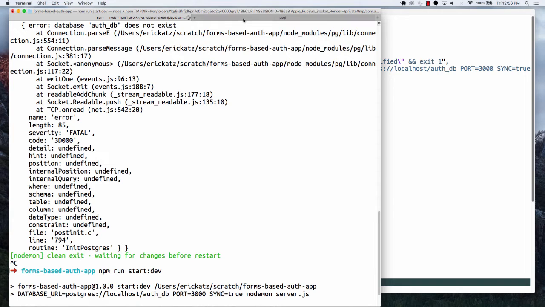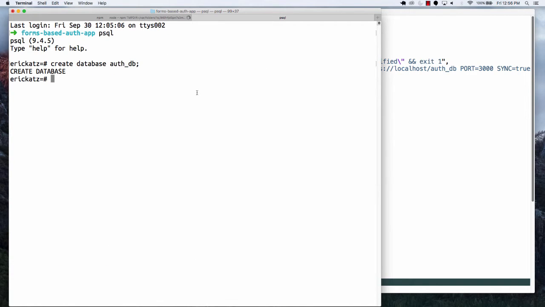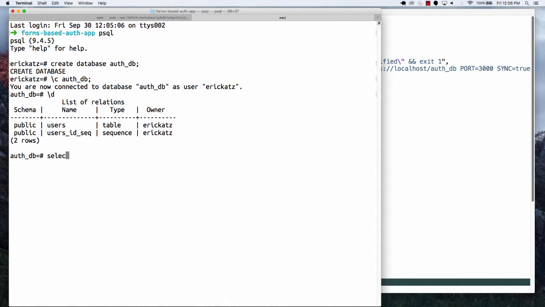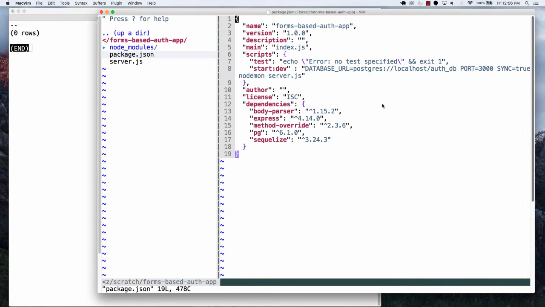Can actually test that. And so if we go over here and we say connect to authDB, and we look and see our tables, select from users, we don't see any records here,